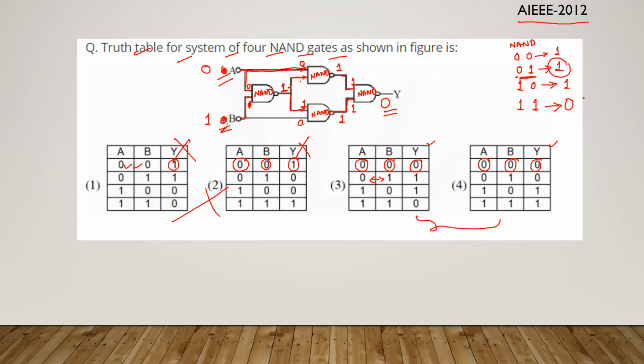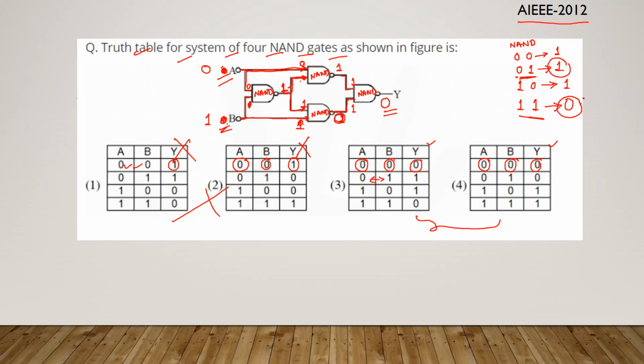Now here applied is 0 directly. Now this 1 will come here. Now what is the other input here? Here 1 is applied. Previously it was 0. Now here 1 is applied. So 1 into 1. Whenever both the inputs are 1, what will be the output for NAND gate? It will become 0 here, because both the inputs are 1.